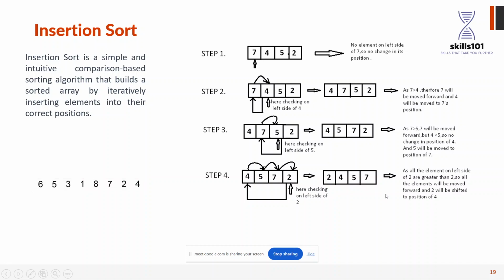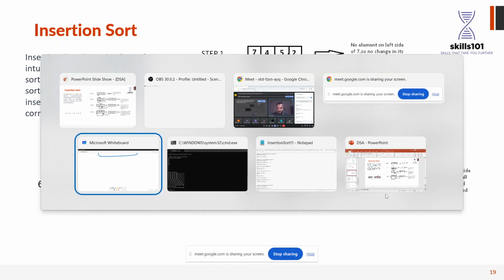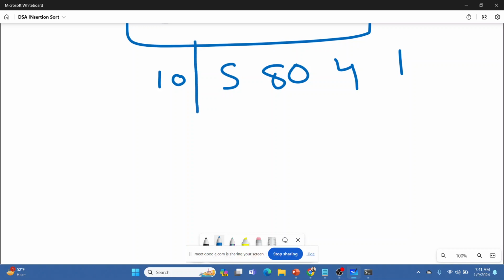So we'll try to elaborate that more. If we take an example like 10 5 80 4, and maybe one more element, 1, right? So with an example of 5 elements, first forget about the rest. 10 is at its right position, right?